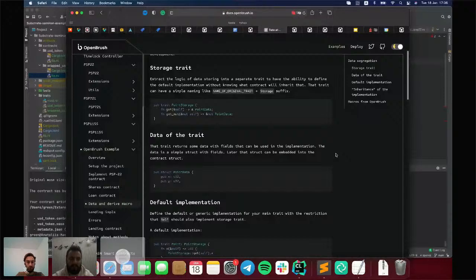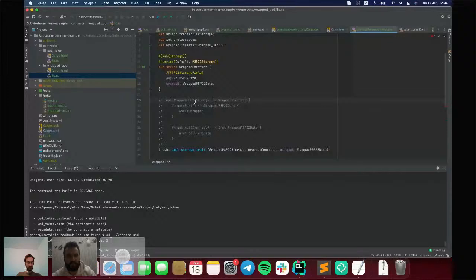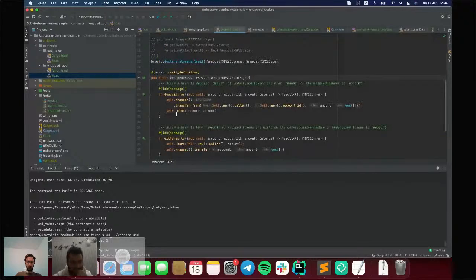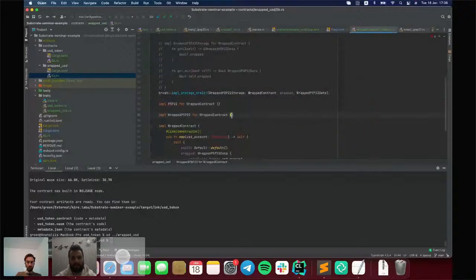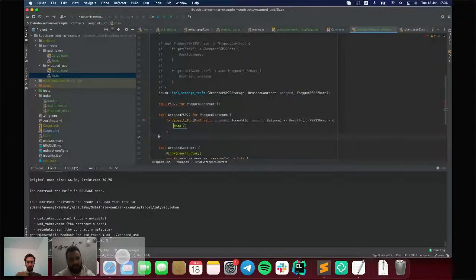So we described in that moment how you can get the same implementation by derive macro. So it is what OpenBrush provides, but the idea is the same. So yeah, and now we have a default implementation for our trait, and if the user wants, they can easily override something here, so we can specify it here, but we don't need to specify anything now.